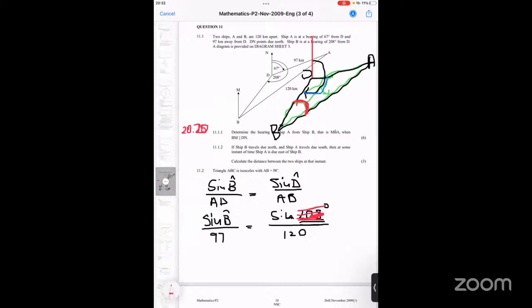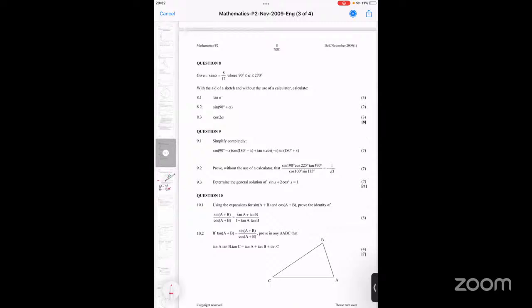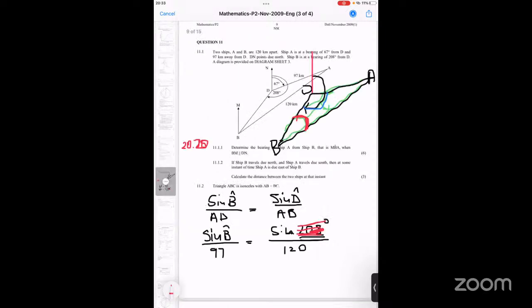I just want to give you guys a taste of what you might need to expect, the level of difficulty when it comes to